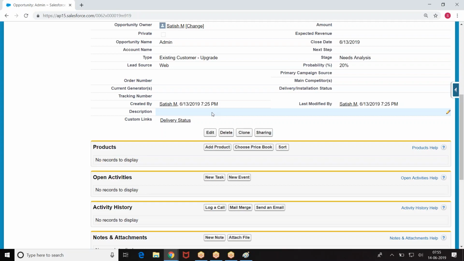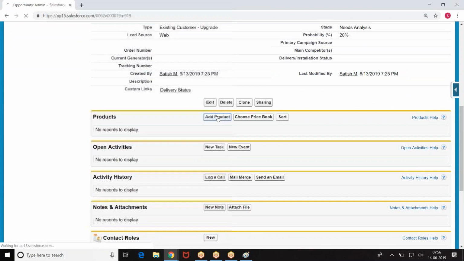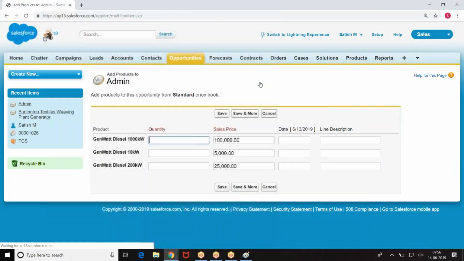Now, I showed an interest, boss. I am showing interest to purchase the following products. Select. Then how many quantity? 5. See, I told I am interested to purchase the following, but I need 5 diesel 1000 watts.